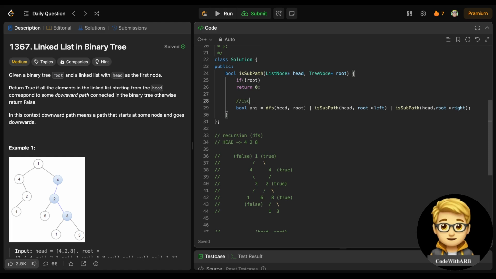Each subpath is a subpath. It is helping to change the node, it is helping to check each node and make it a root node